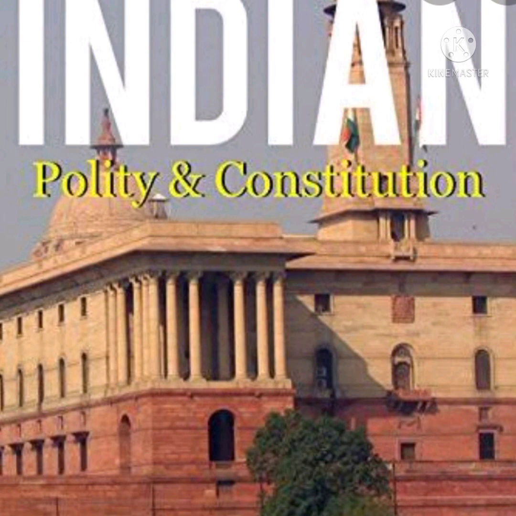Okay. The introduction of universal adult franchise by the constitution makers was a bold experiment and highly remarkable in view of the vast size of the country, its huge population, high poverty, social inequality and overwhelming illiteracy. Okay, clear? Universal adult franchise means each and every citizen completing the age of 18 years has the right to vote without any discrimination. Okay, this is an important salient feature of the constitution.